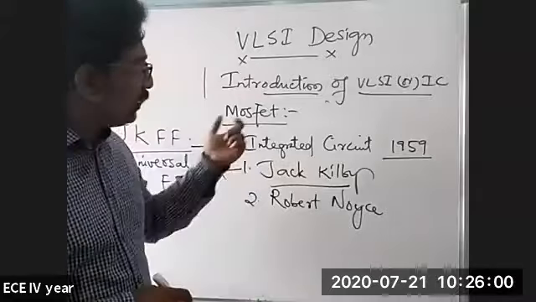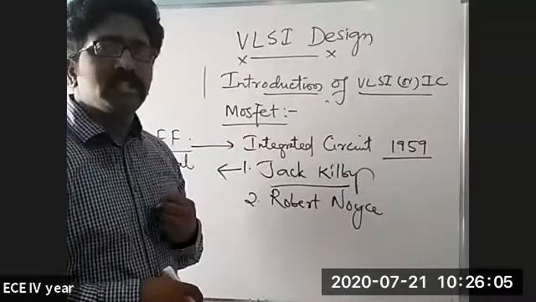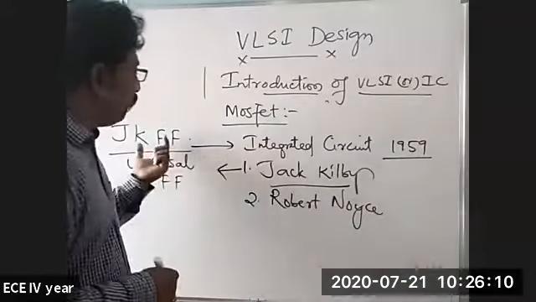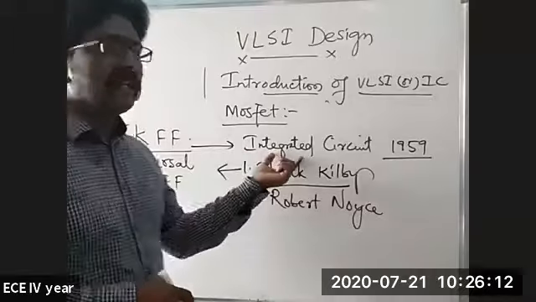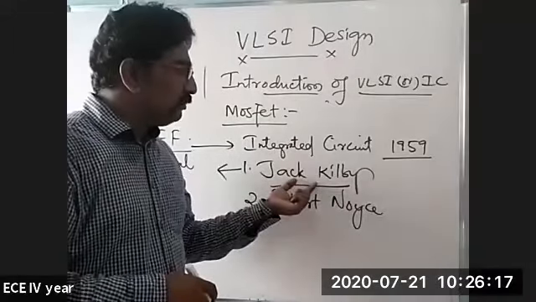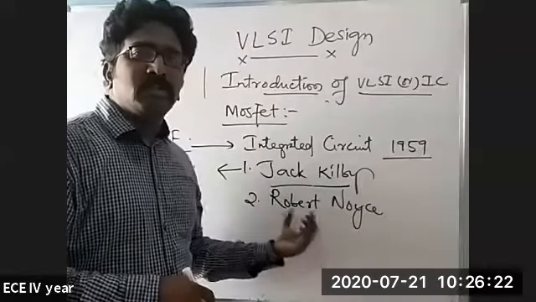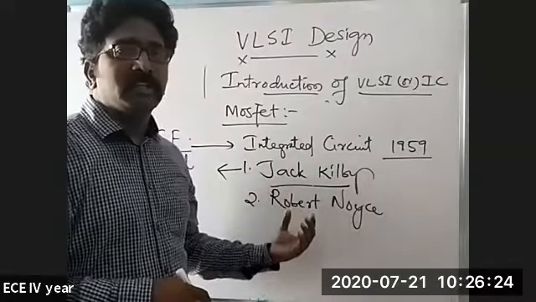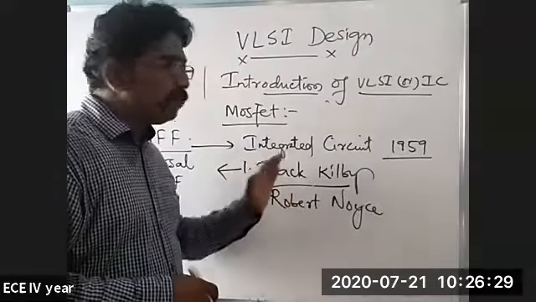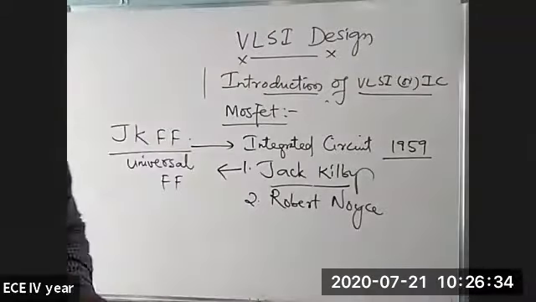Then with the help of the invention of the MOSFET, many scientists worked towards the next level of electronics. They came up with a design called the JK flip-flop, which is the first kind of integrated circuit. This first integrated circuit was designed by Jack Kilby and Robert Noyce. Robert Noyce mainly helped to sort out the interconnection problems in the integrated circuit. So both are the main two scientists who contributed to the invention of the integrated circuit in 1959. So now let us go into the other part of